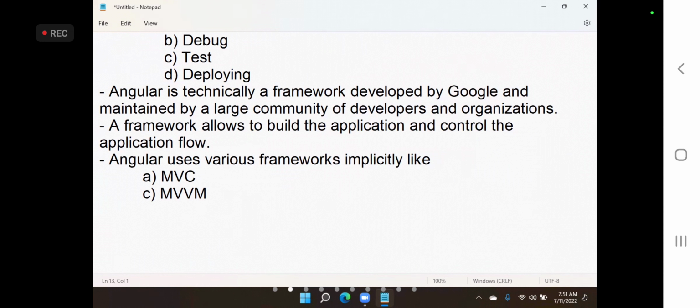Then in a framework, what do we have to learn? Generally, what is present in a framework to learn? Angular uses the language TypeScript. So in a framework, what does a developer usually have to know? Have you learned any frameworks in any technology?